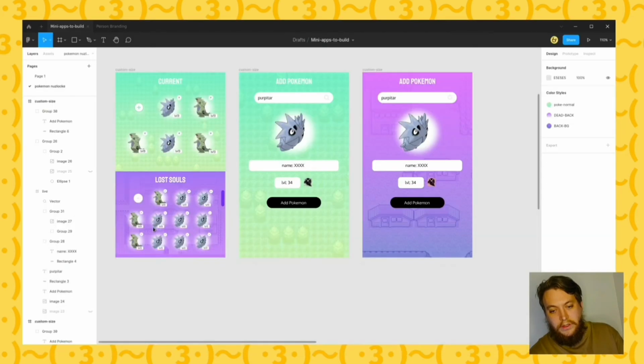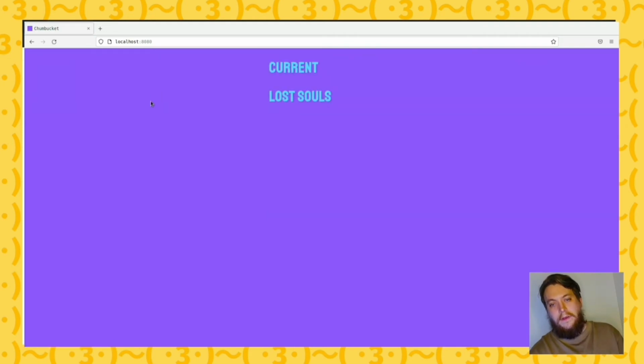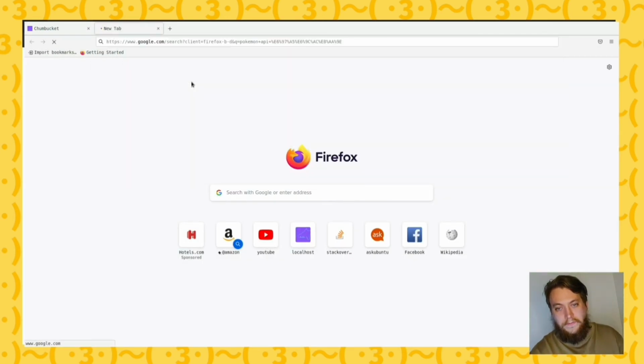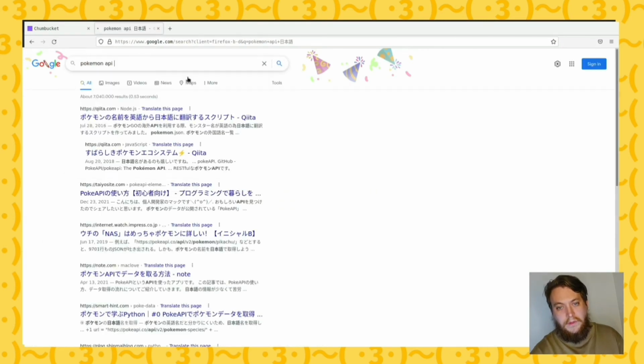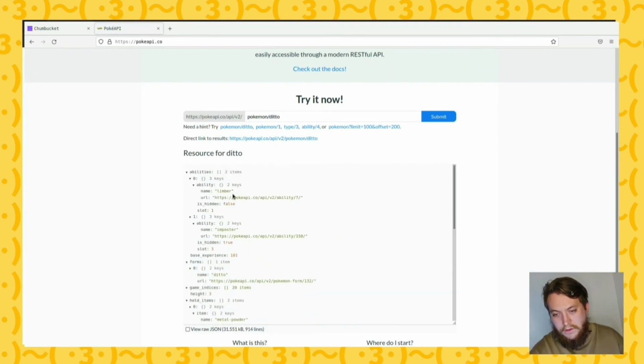I'm going to check. I'm going to refresh this here. There we go. I have a little bit of cache running on it. So now we see nothing because we have nothing to view. Nothing in our store. If, for example, I don't want the Japanese version or the English version, poke API. If I got Ditto